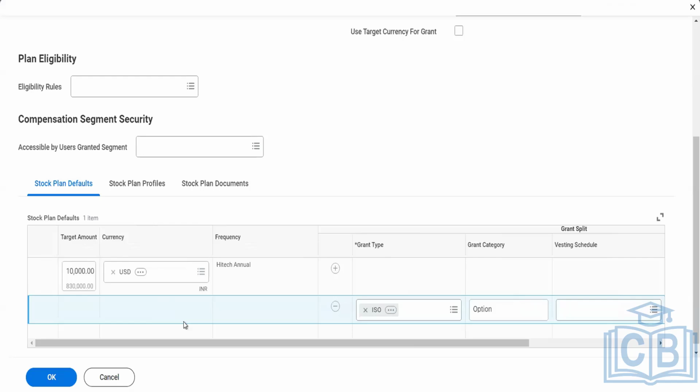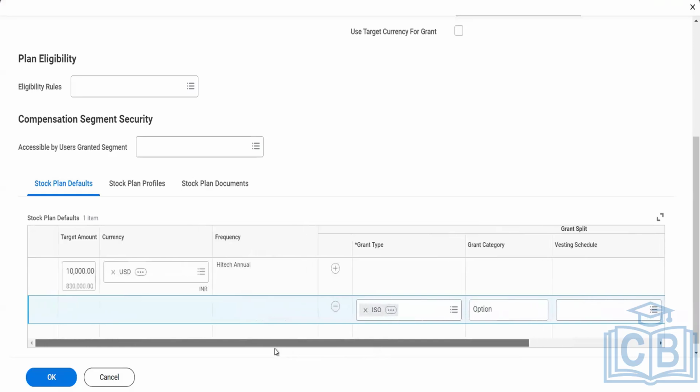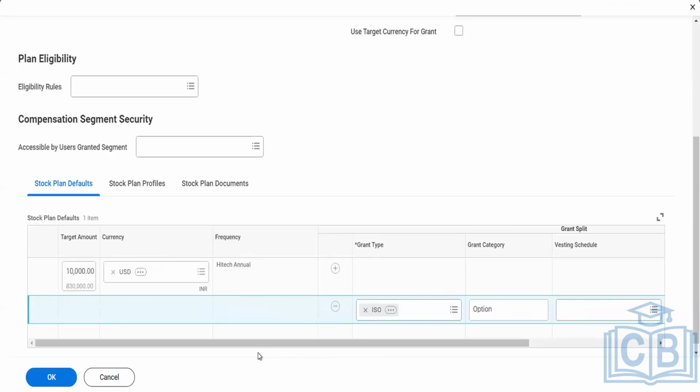So first two times he gets 15, another 15. And from the second half onwards, on the third and fourth quarter, he gets 30-30. In such case, that is called front loaded vesting. So the initial vesting will be lesser, and at the end, it will be too much of the value. In such case, how do you give that grant split for the employees to be paid out periodically in every quarter? So normally in that scenario, what we can do is